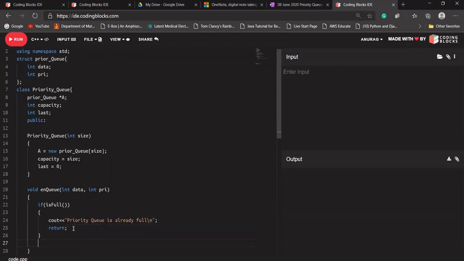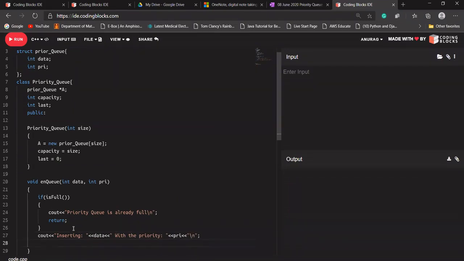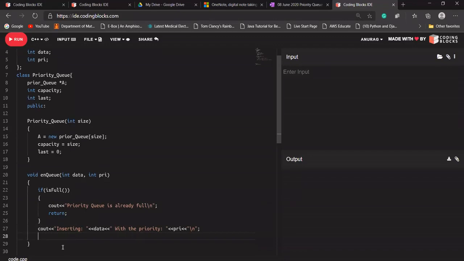If it is not full, print a statement that inserting that value, the data, with the priority, PRI, \n. Okay, and insert that data into our array.